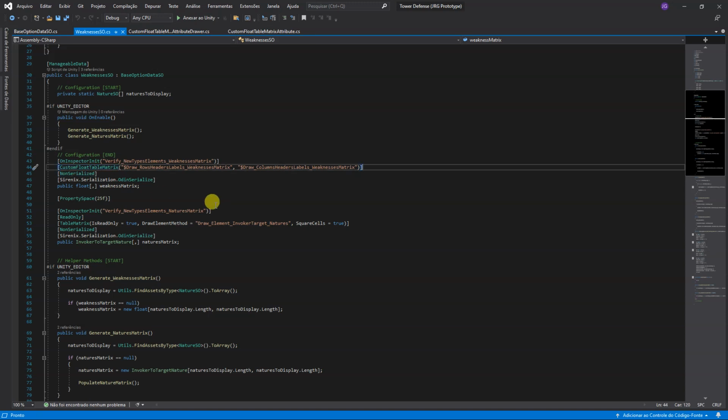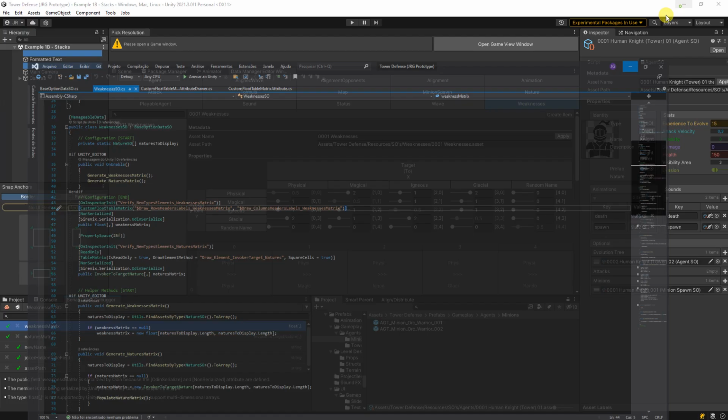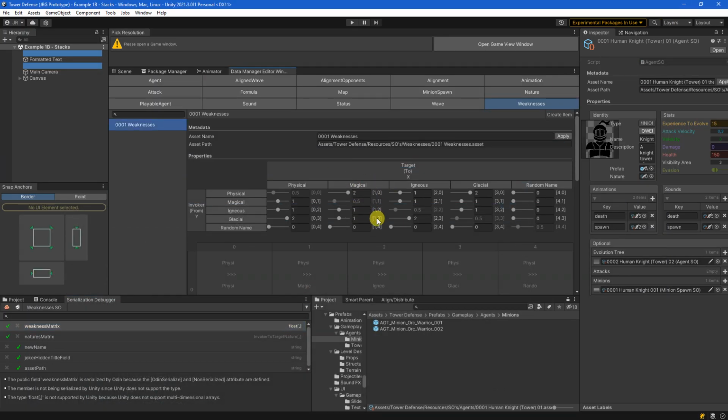So when I have this custom attribute drawer here, Odin is not serializing the fields of the float matrix. If I change here to any value, and if I simply close the Unity,